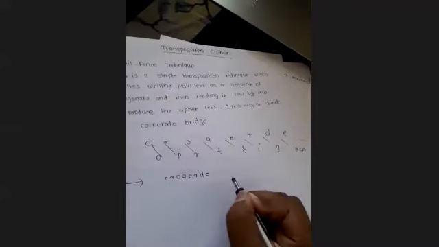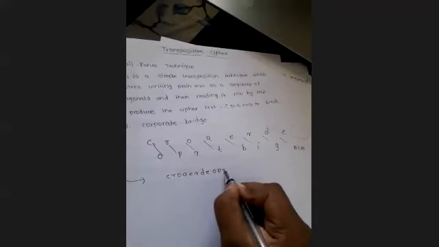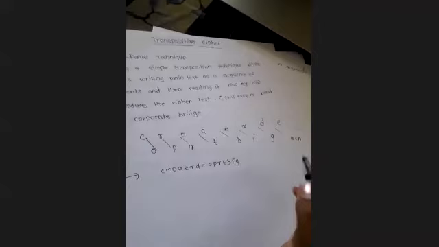Fine. Now what we have to do, how to read this row by row. So the first row we are going to read is C R O A E R D E, and the next row is O P R T B I G. Fine. So this is the cipher text for the given plain text corporate bridge. Simple, right? Is it clear?